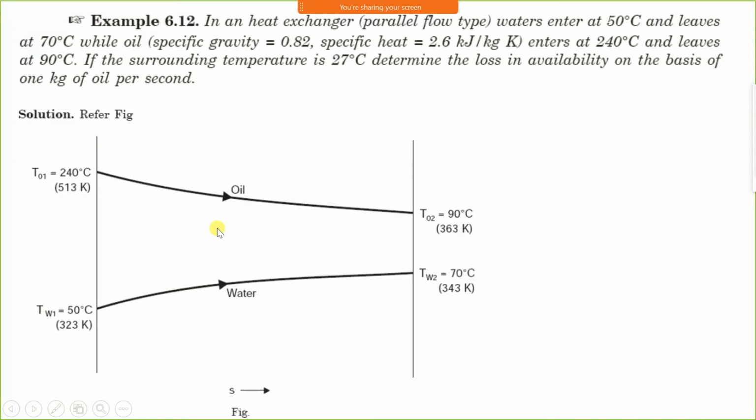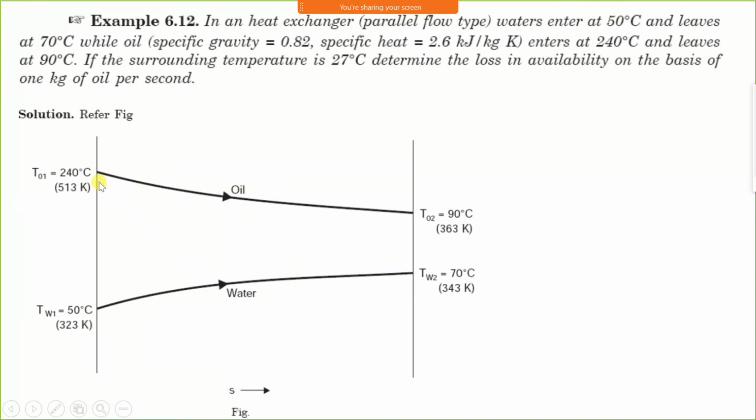Consider a heat exchanger. Let us understand what a heat exchanger is. A heat exchanger is used for heat transfer purposes. It may be used for increasing the temperature or for decreasing the temperature. Consider here the temperature of oil is to be reduced. Consider oil is coming from an engine, in which we have to decrease the temperature of oil with the help of water.